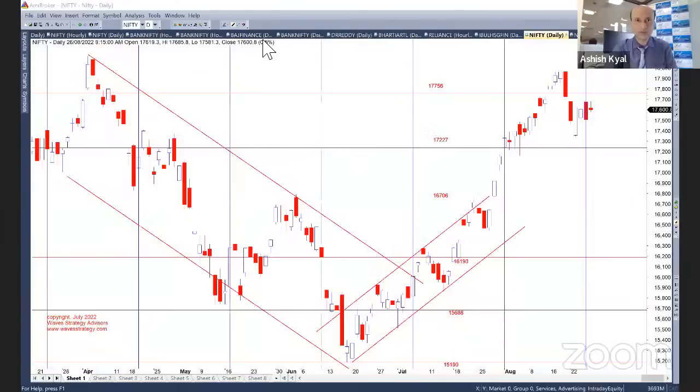Are you able to see my screen, every one of you? I'm going to put myself off. यहाँ पर क्या मेरी स्क्रीन देख पा रहे हैं everyone? So I'm just going to move myself here, and this is the chart on ME broker I am using. Okay, great. You are able to see the screen.